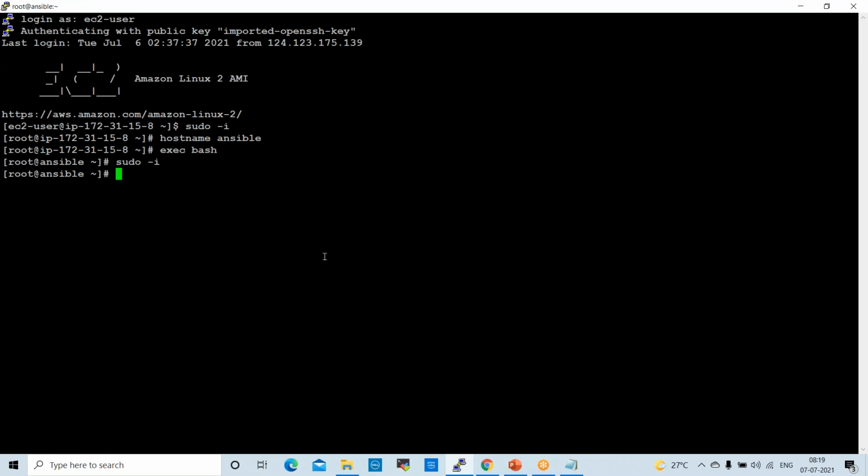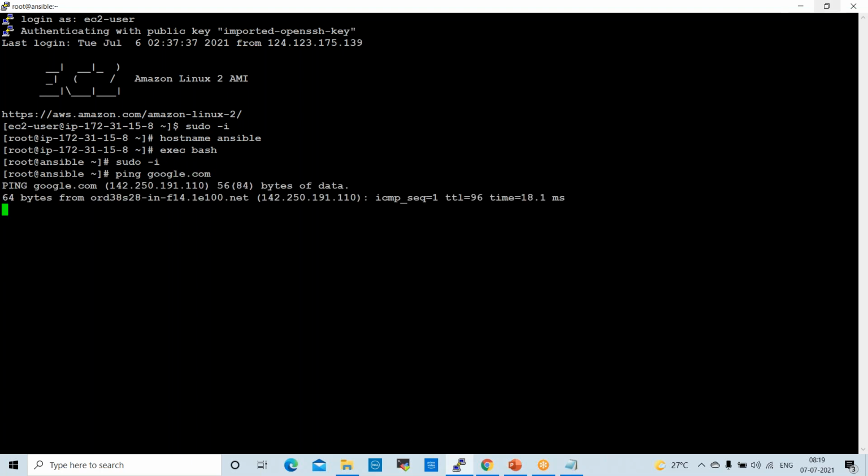Okay. So node machines we no need to connect. Vaulting is not required for the node servers like development server, UAT server, QA server. So no need to touch that. Ping google.com.